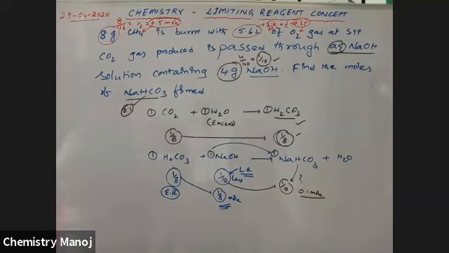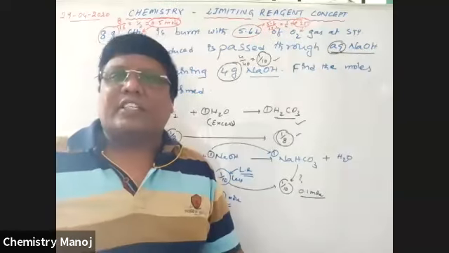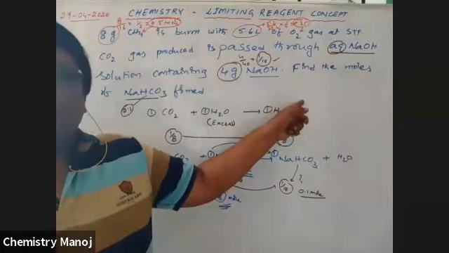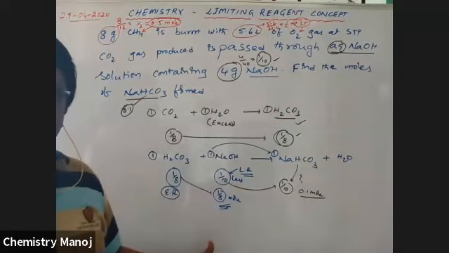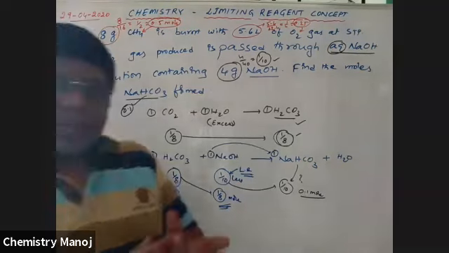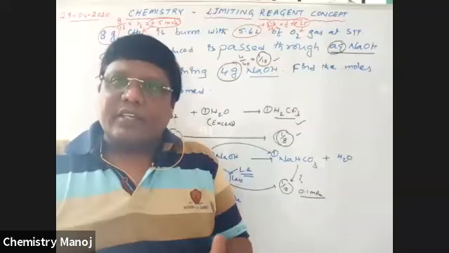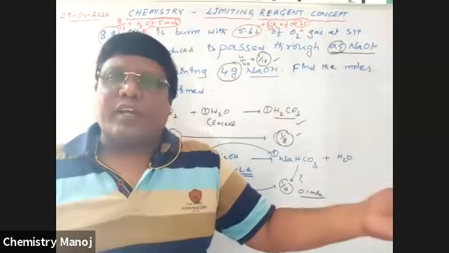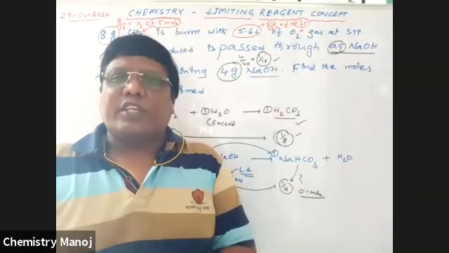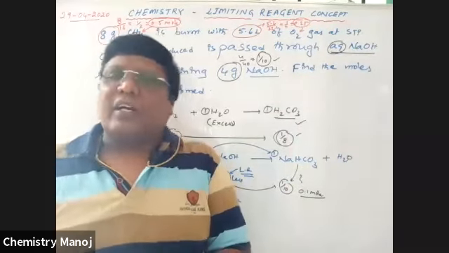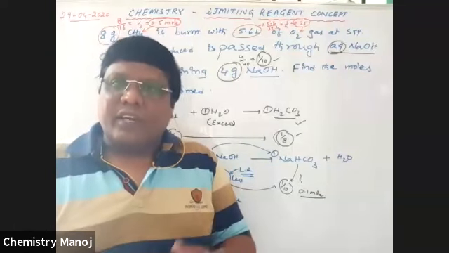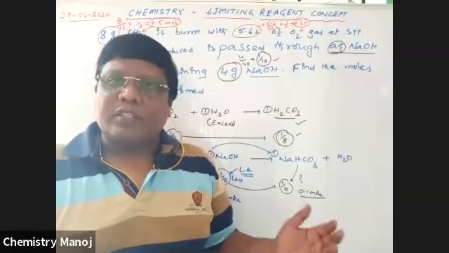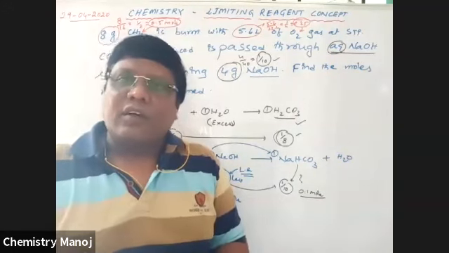That means all these are simultaneous reactions. Here the product is formed, and that product is used here. Now once again a product is formed, and that product may also be used in the next reaction. That means all these reactions are considered sequential reactions. If you know one compound's weight, then that is used in the second reaction, and that may be used in the third reaction. This type of reaction is very, very important, and the problems based on these reactions are also very, very important.